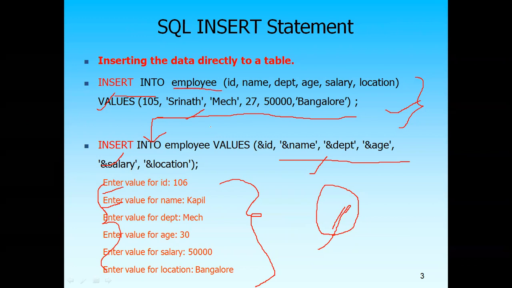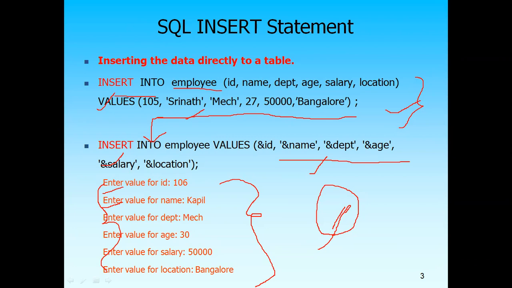Before going to insert any data into the table, that table should exist. If that table does not exist, there will be an error. So after mentioning the table name in brackets, you can mention the field names that you want to insert into the table. You can change this sequence also, if you require. You can change the sequence of these attributes that you have created in the table. Then these field names are actually optional. If you are inserting the data in the same sequence and into all the fields in the table, then there is no need to mention the field names here.